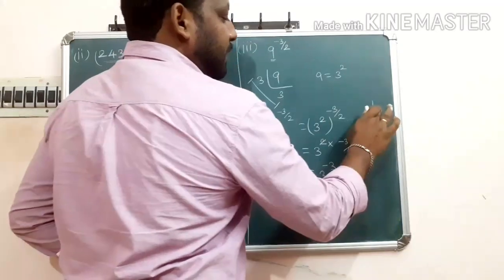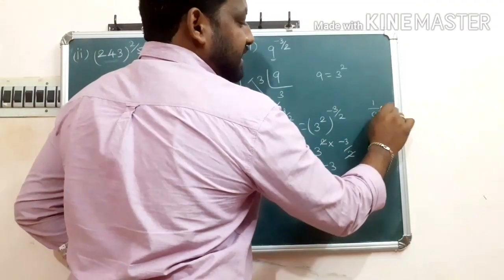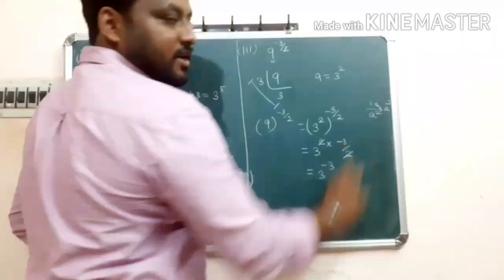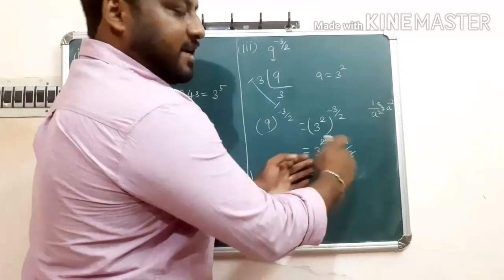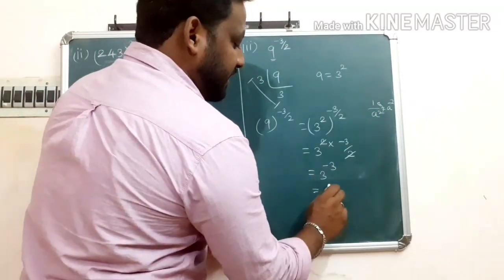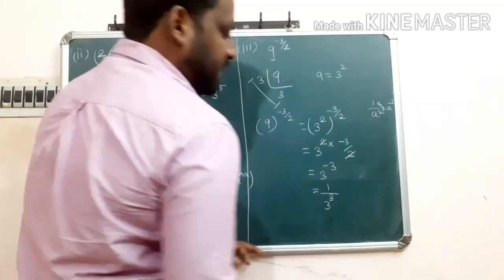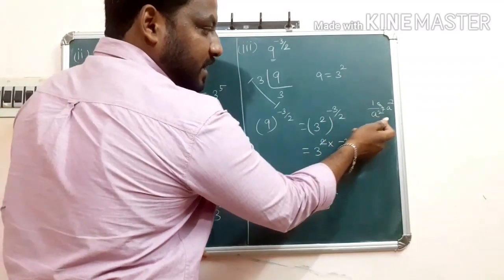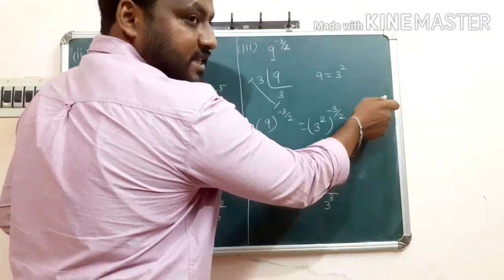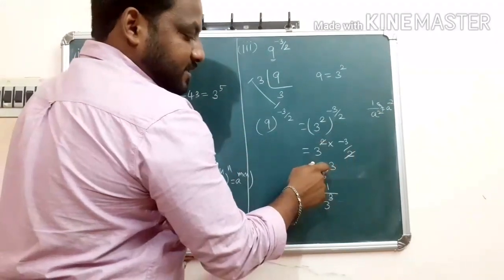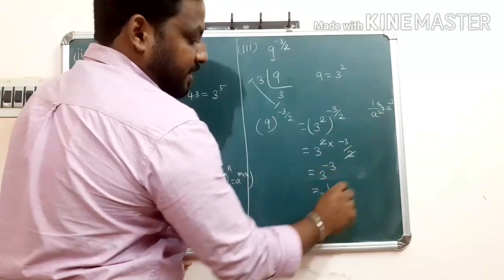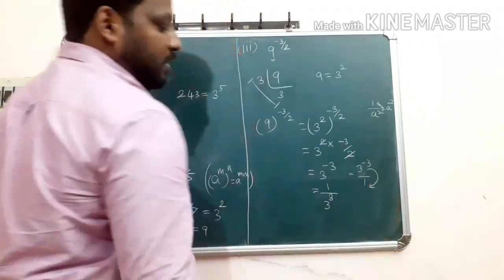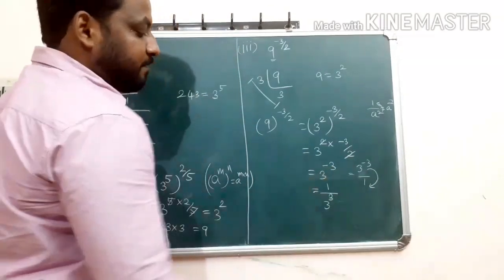And 3 power minus 3, I already told you in the first question, 1 by a power 2 we can write in inverse form as a power minus 2. So this plus 2 will change into the numerator, that is minus 2. Same inverse property reverses. 3 power minus 3 we can write as 1 by 3 power 3. So minus 3 if it comes into the denominator, the sign has to change. 3 power minus 3 divided by 1, so 3 power minus 3 comes into the denominator, and minus 3 will change into plus 3. So 3 power 3.